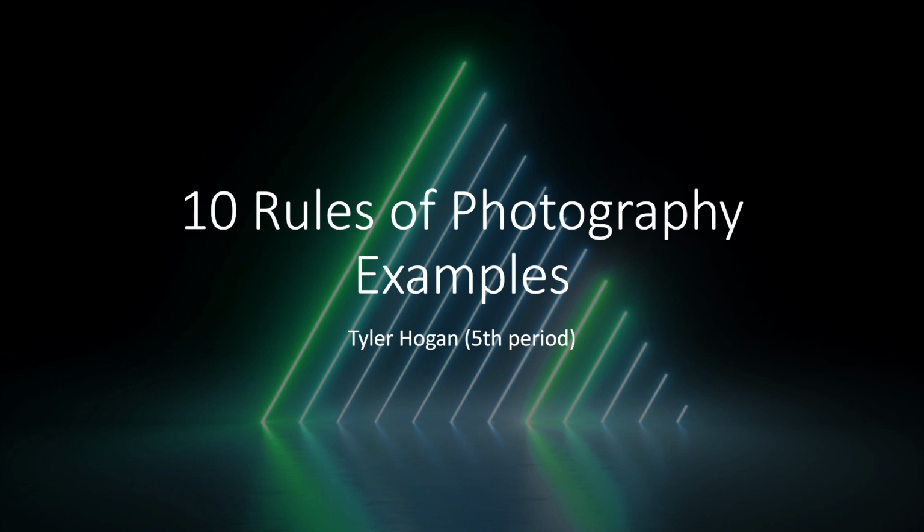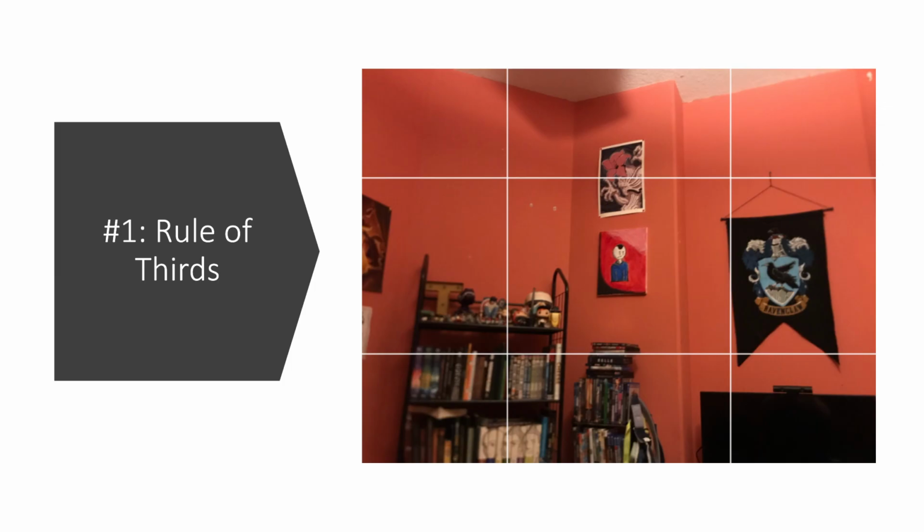Hi, so this is a PowerPoint that I made for my digital imaging class last year, and the point was to show the 10 rules of photography with examples that I took myself. I'm not a photographer at all, so the photos may not be the best examples, but they're what I had. So yeah. The first rule is the rule of thirds, and it's that grid thing you might see